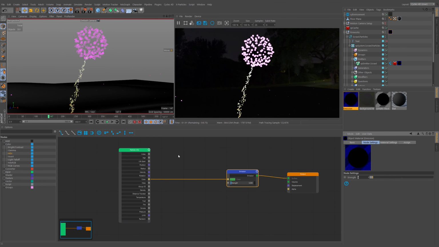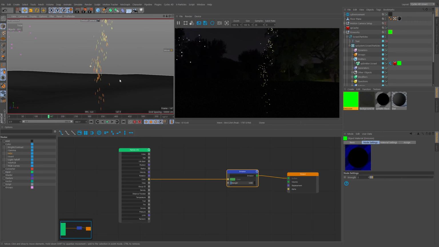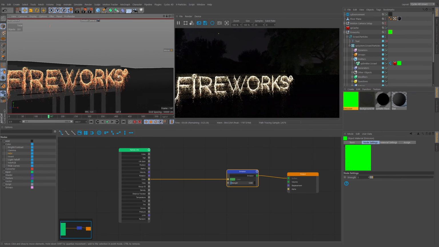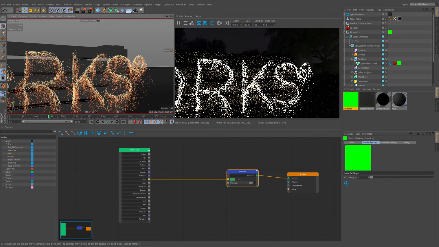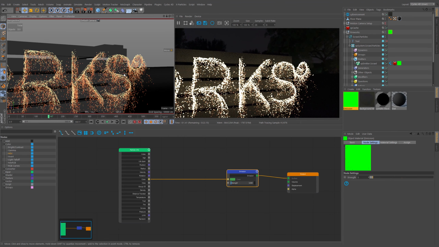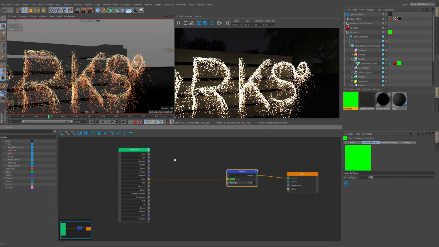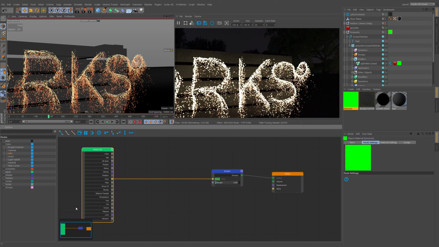But what if I want to control the color of the particles based on another input. So here we've got all these other ones. We've got age, velocity, radius, that kind of thing. And radius is one that I'm interested in. So all the tail particles and all the finer sparks like this, I want them to be colored based on their radius. So what I'm going to do is I'm going to solo the radius, and we'll take a look